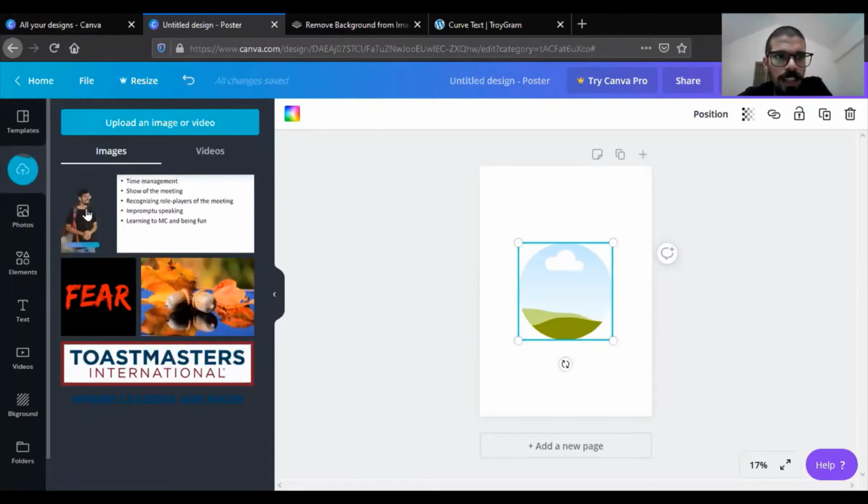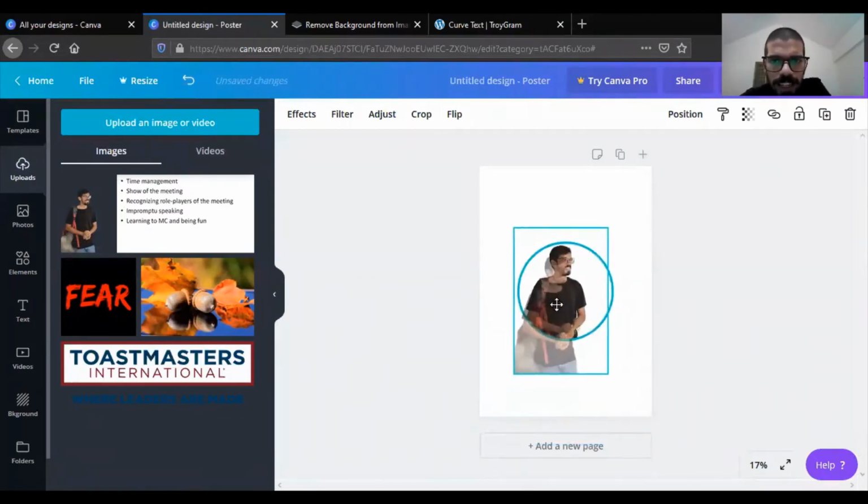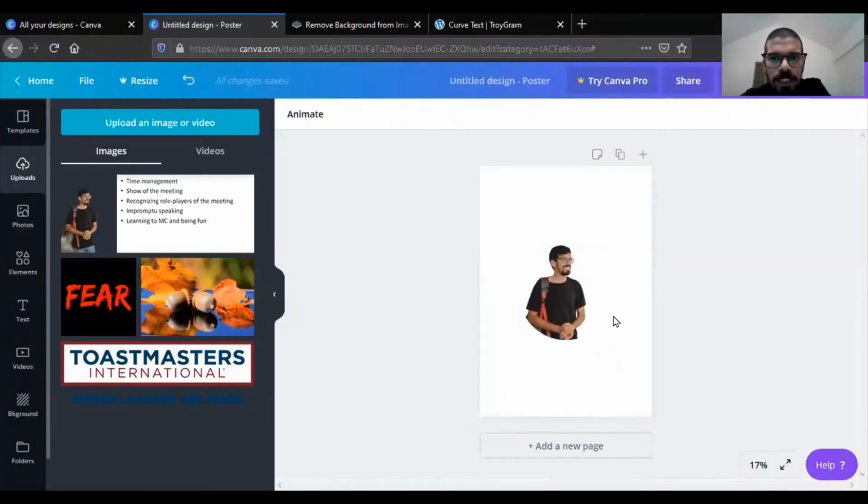Once you've done that, if I directly click on it, I will get the entire image, right? But I don't want this entire image. I want this image to be inside that circular element. So I can drag and drop it in a way that it fits into this circular element. Now, the second question: when something like this is done, what if I want a background behind this image of mine, but again in the circular fashion?